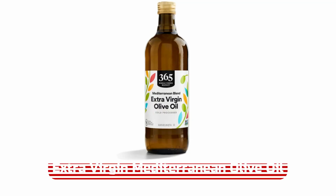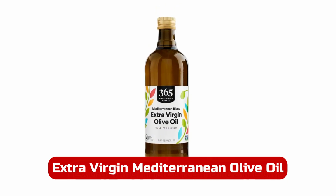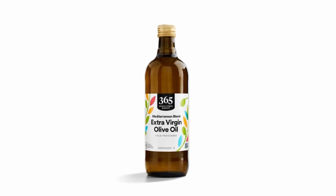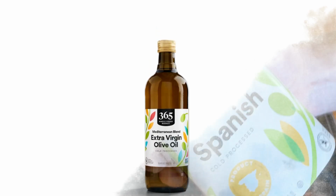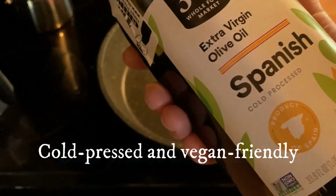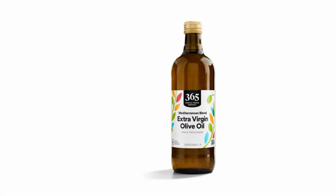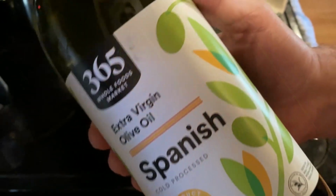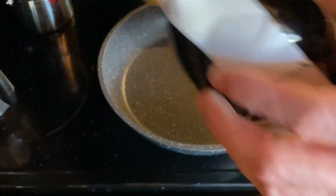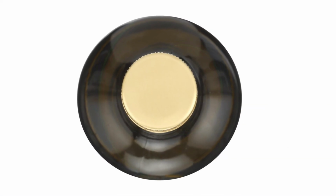Number 3. If you're searching for an olive oil that combines quality, authenticity, and value, 365 by Whole Foods Market Extra Virgin Mediterranean Olive Oil is a clear winner. Cold-pressed and vegan-friendly, this Mediterranean blend delivers a flavor profile that is both bold and smooth, perfect for elevating any meal. Whether you're sautéing, dressing a salad, or crafting a flavorful marinade, this oil enhances every dish with its rich